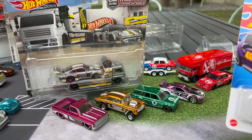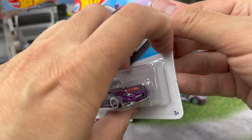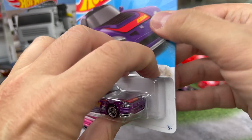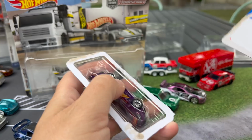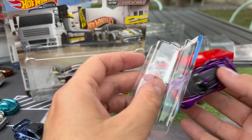So I'm going to put that Super Treasure Hunt to the side, and let's go ahead and open this one up. Nice thick cardboard. I'm going to probably buy another one of these so I can have it carded. I think I have all of the others carded. I think I do. I may not, but...